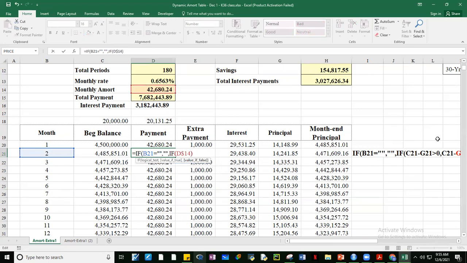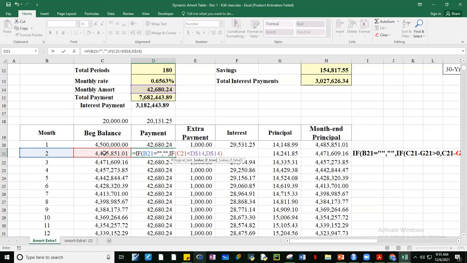If the beginning balance is less than the monthly amortization, so we have to fix this. So we're now testing if the beginning balance is less than the monthly amortization, then how much should we pay? Value if true, we should pay,